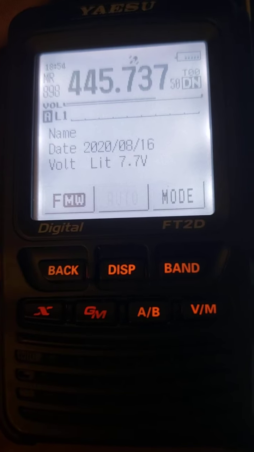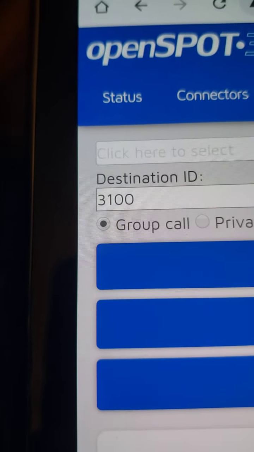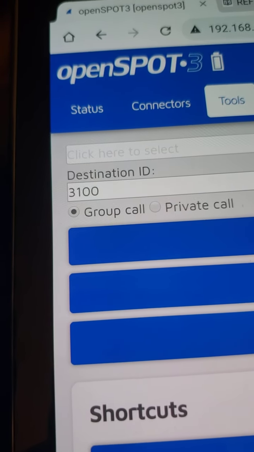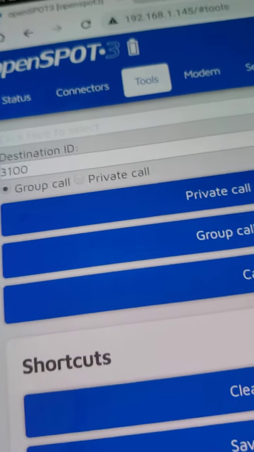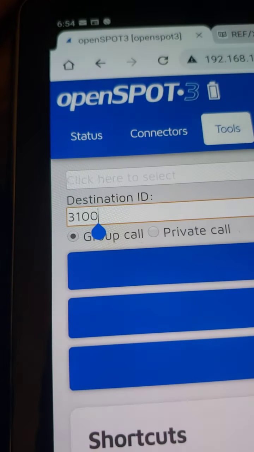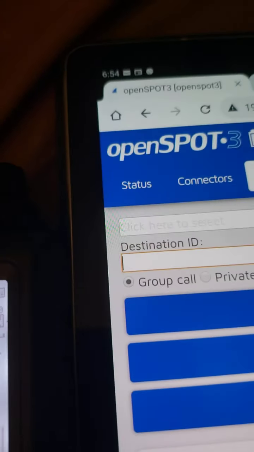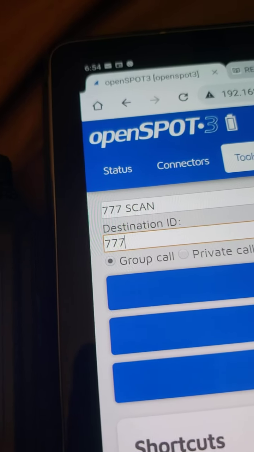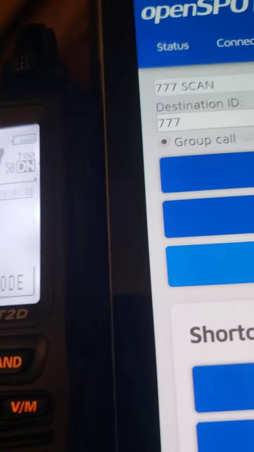Now, TGIF has its own talk groups, and it's another network, and I might do a video on that network just to give some familiarity to a lot of you out there that might be Brandmeister and never really played with TGIF. It's a pretty interesting DMR network. Well, here's a cool feature of that network. They have a talk group known as 777. Now, you're not going to be able to use this to talk, but if you do a quick call to 777,